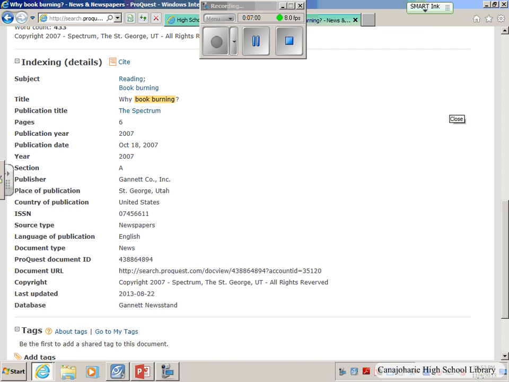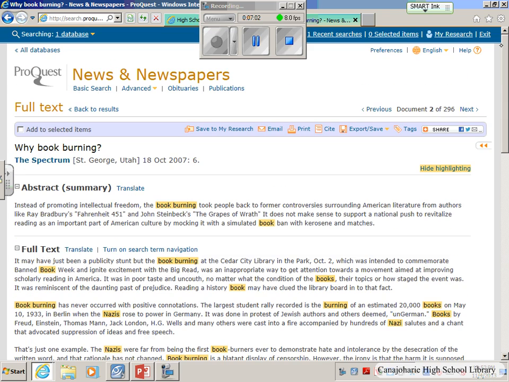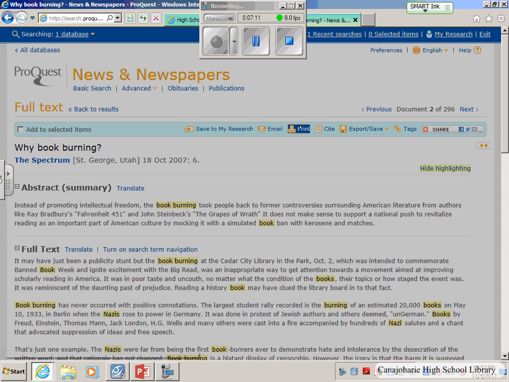And of course, back at the top, the most important things that you want to keep in mind are printing it, and the print icon is right here. Now, Gannett is a little bit different than EBSCO. When you print in Gannett,